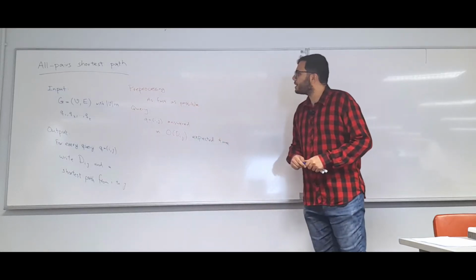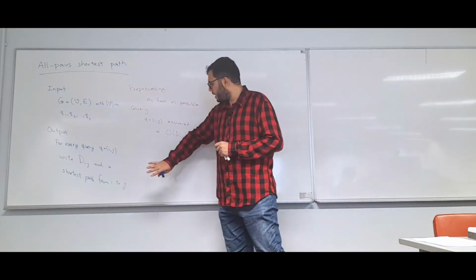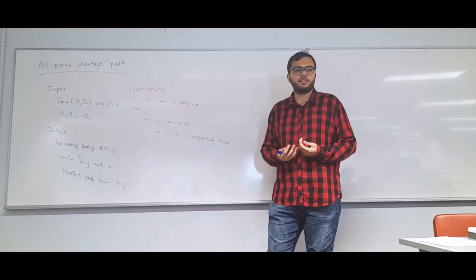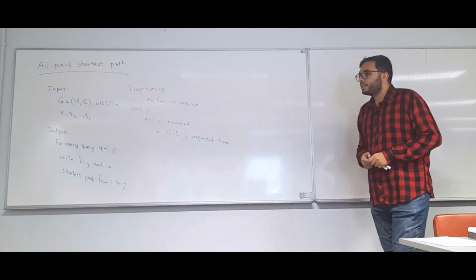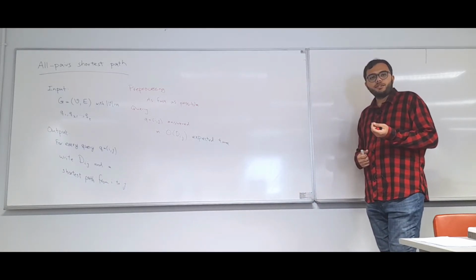Okay, so let's first try to just take the distance part and forget about outputting the shortest path, and let's see if we can do it any faster. Now, this is the part where I want to use the idea that we saw actually in skip lists last time, which was that